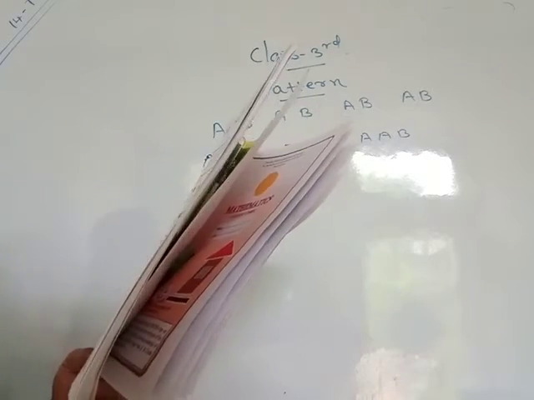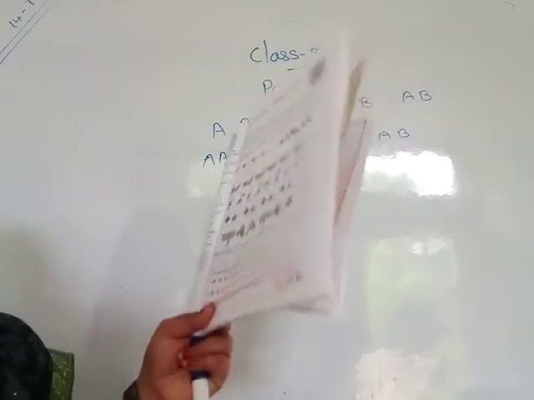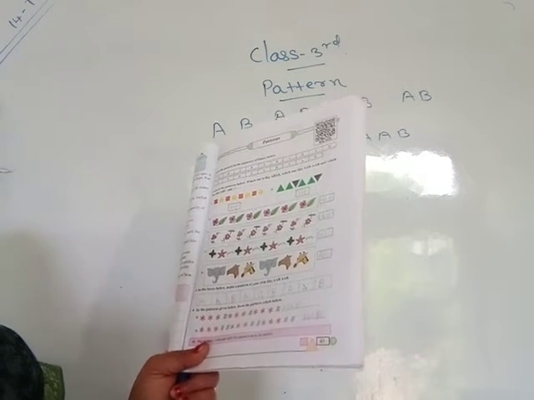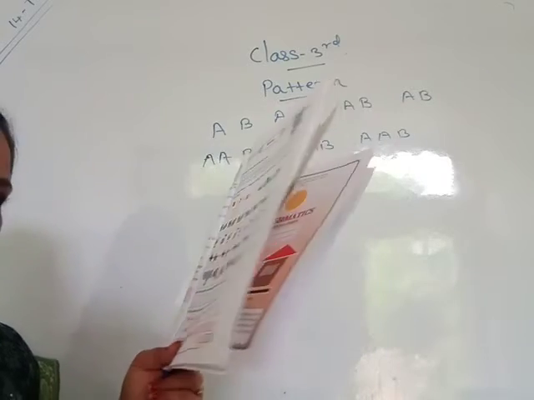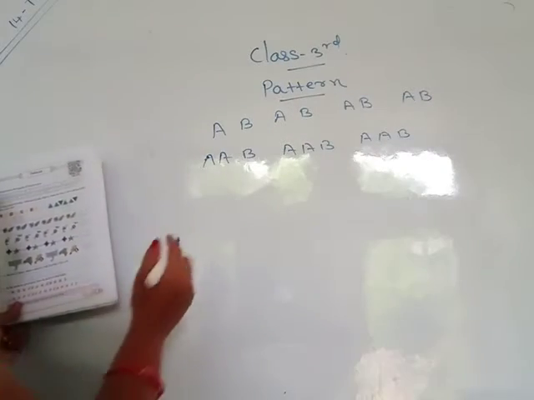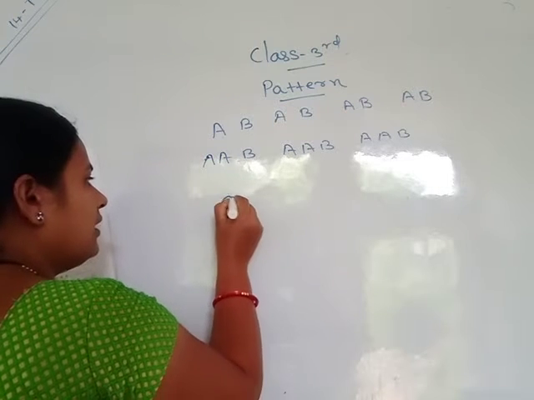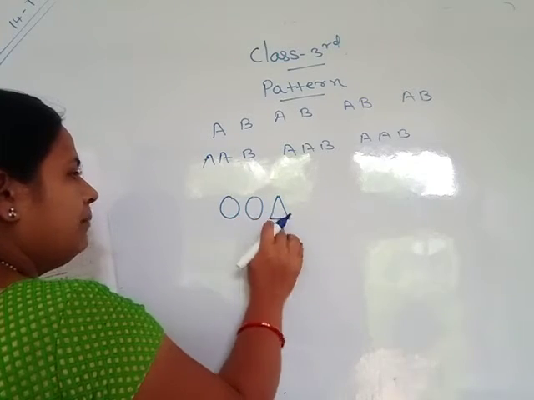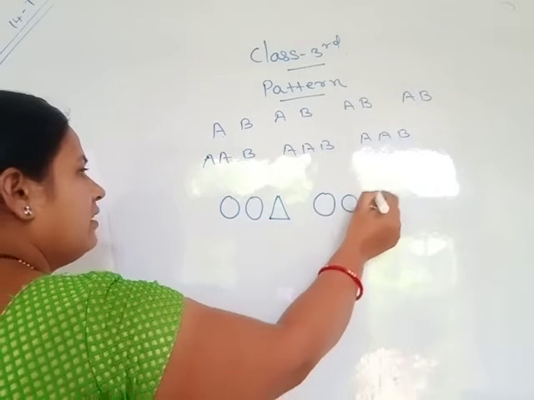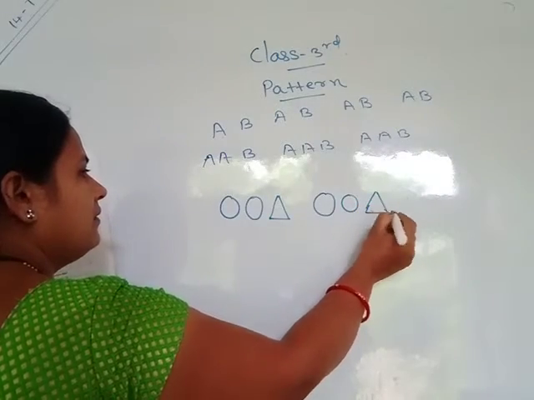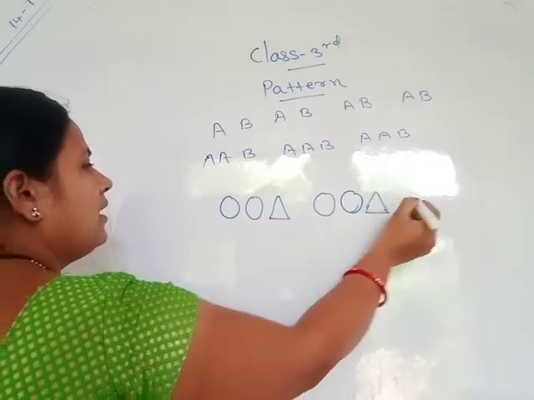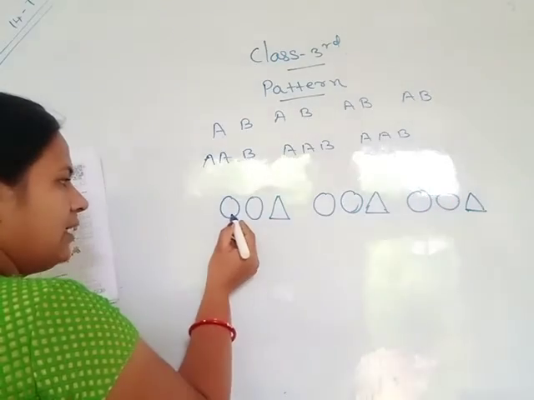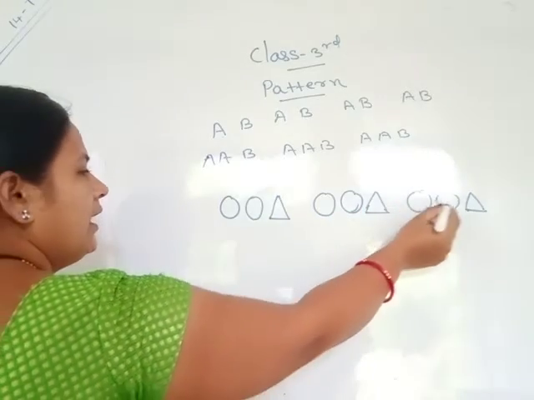In the boxes below, make a pattern of your own like AAB, AAB. In this type of pattern, you draw any shape. Suppose you draw two circles, that is AA, and a triangle, B, so AAB. Again a square, and you draw one triangle. Again square and one triangle means the pattern AAB, AAB, AAB.